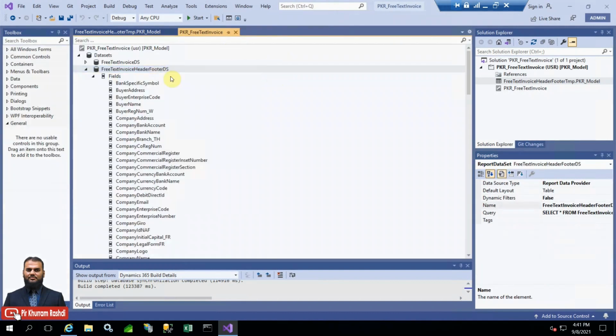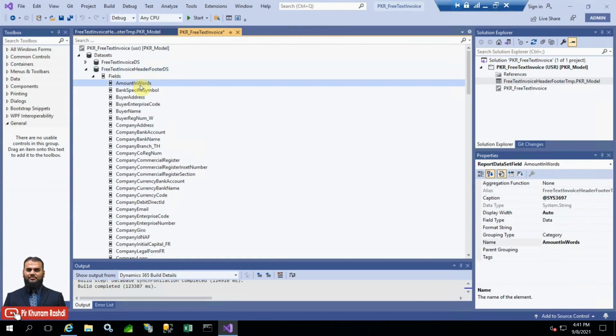Because if you restore the data set and the design is still the previous one, then for updates to take place, it is better to close the design, and it will not go any forward if you don't close the design. So now you can see the field is available here,